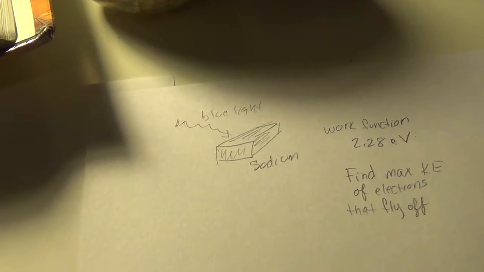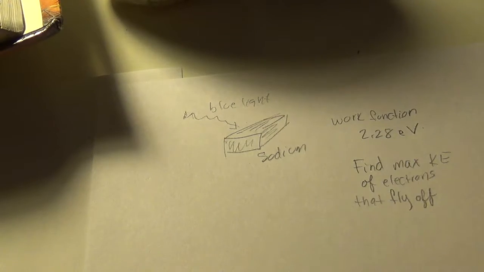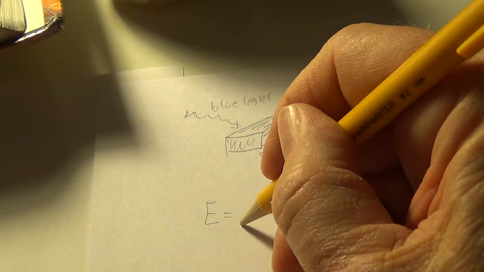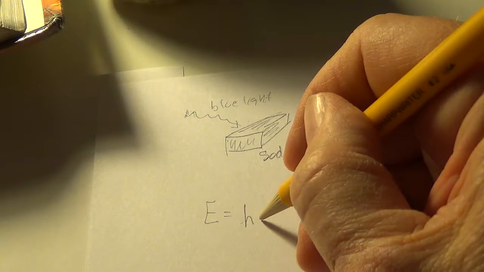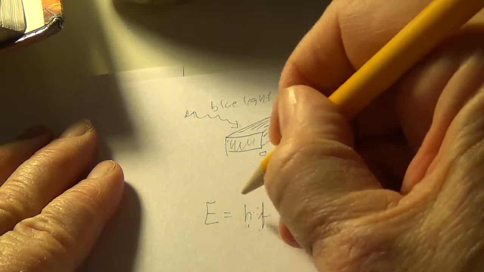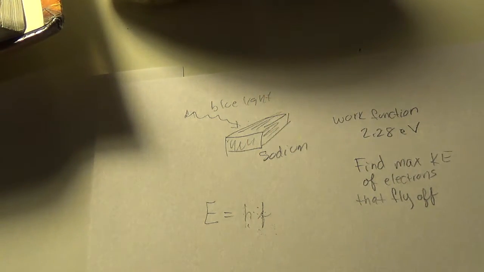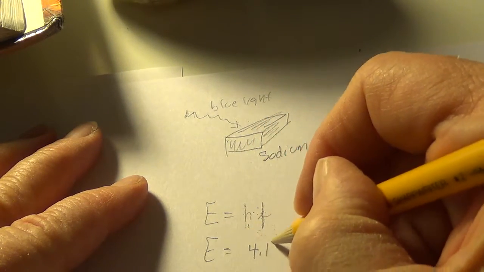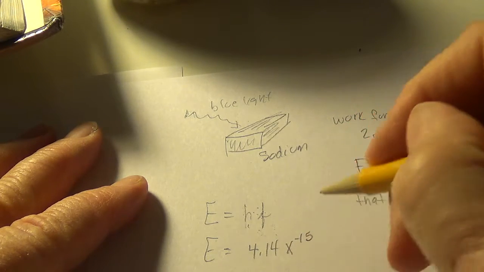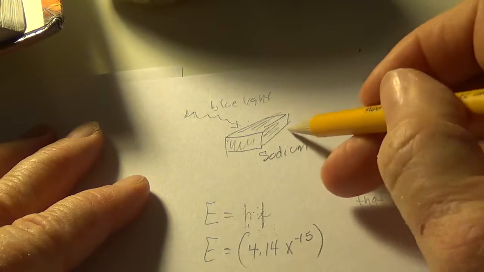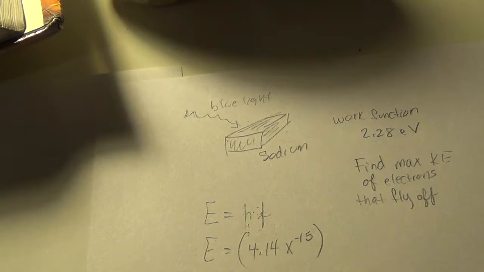Alright, so I'll show you how to do this, and you'll do some similar ones. You're going to pick up the equation that Einstein gave us, the relationship E equals h times f. It was a constant, which we called h. E equals h times f. And we learned that Planck's constant was 4.14 times 10 to the minus 15. And the frequency, well, we said it was blue light, and I think if we look back on our handout,